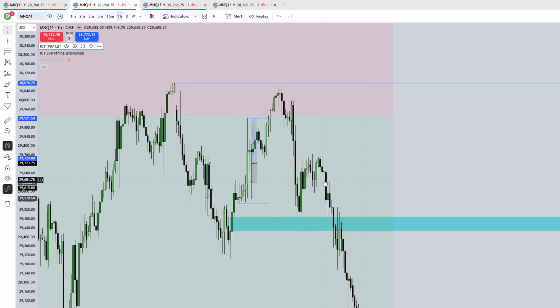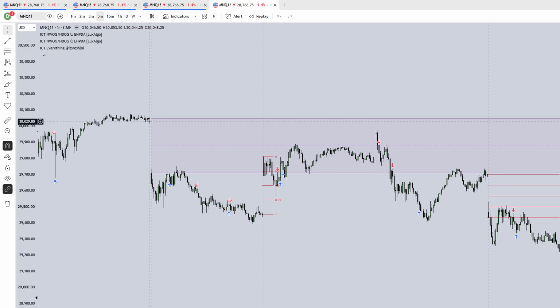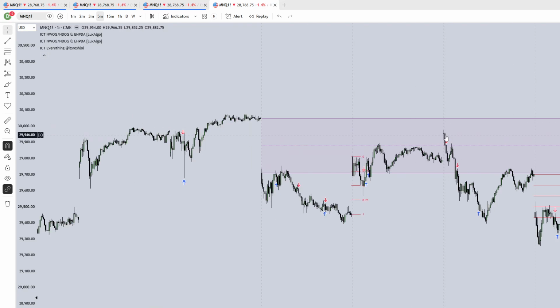So on Wednesday, overnight, we're bumping into a SIBI. 8:30 runs into this hourly SIBI. We filled this opening range gap from Monday, that's what this is here coming into Wednesday when we gap into this